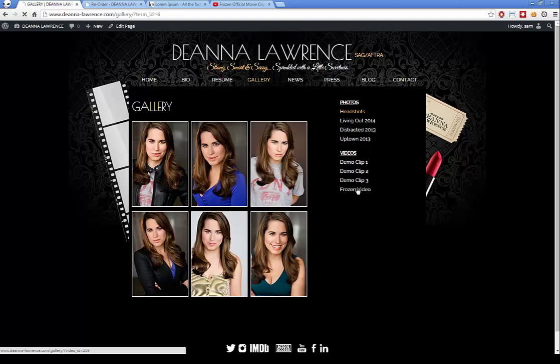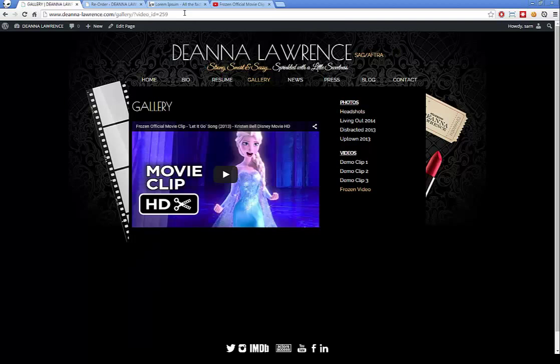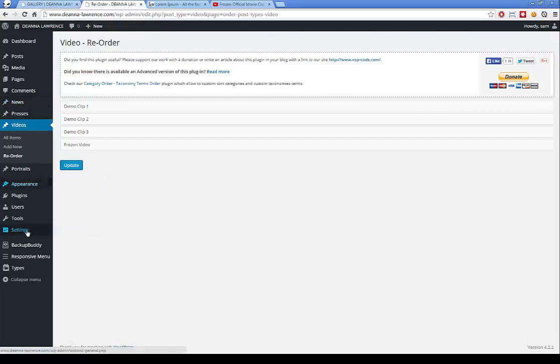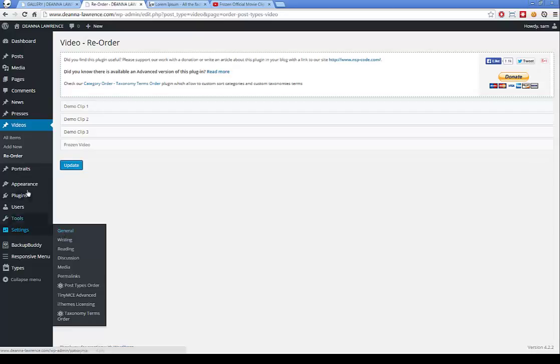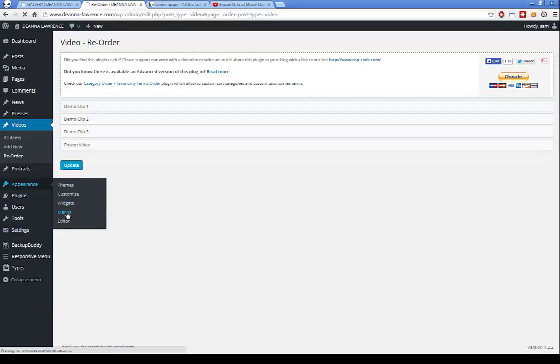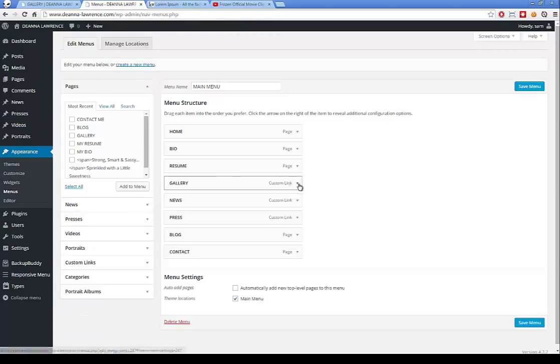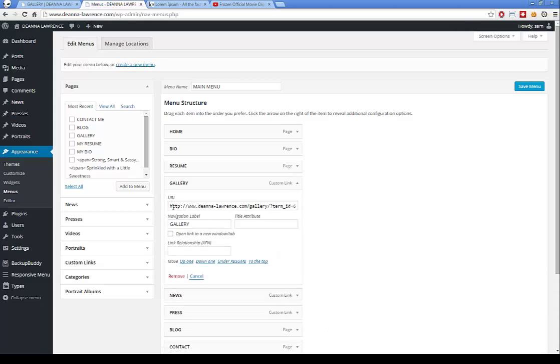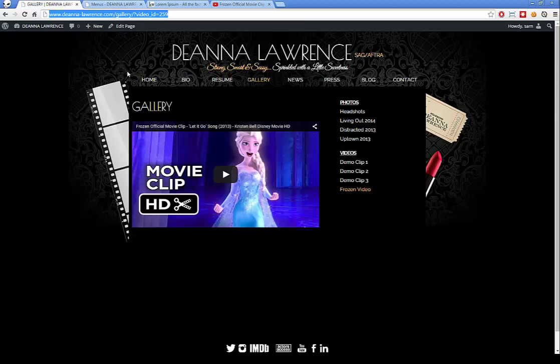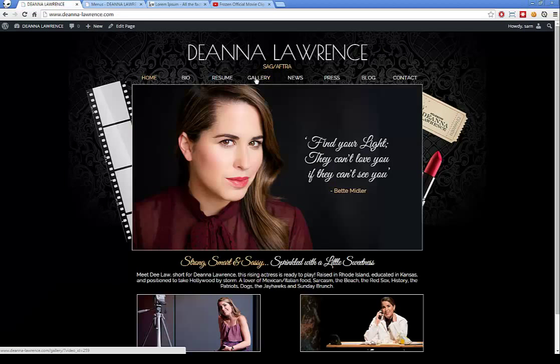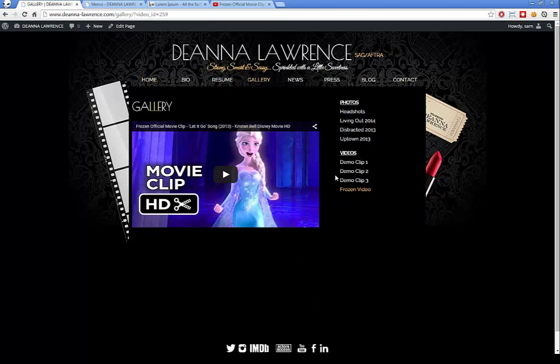Well, you go to the video page. At the top, grab the URL, copy, and then under appearance, under menu, go under gallery and paste the URL. Copy or highlight the existing one, delete it, paste the new link, save the menu, and now when you click on the gallery, it's going to highlight